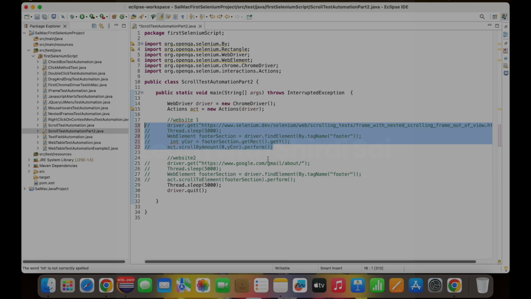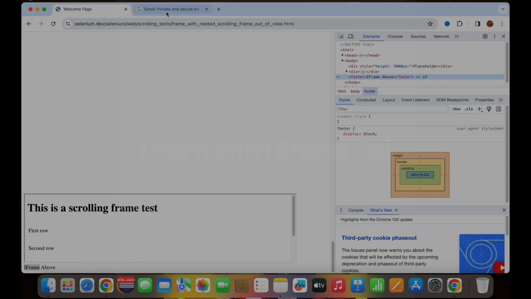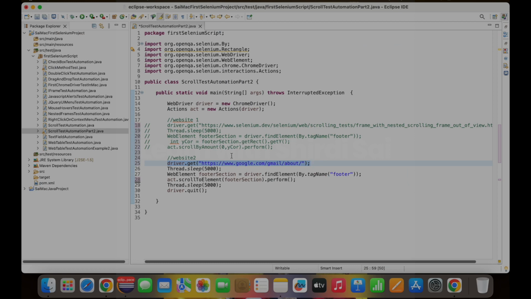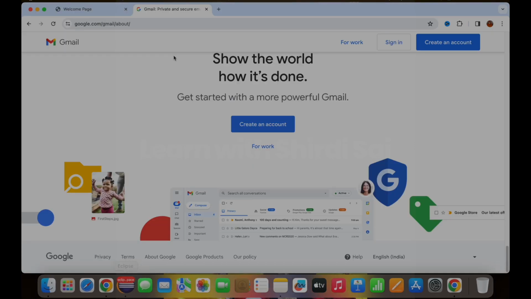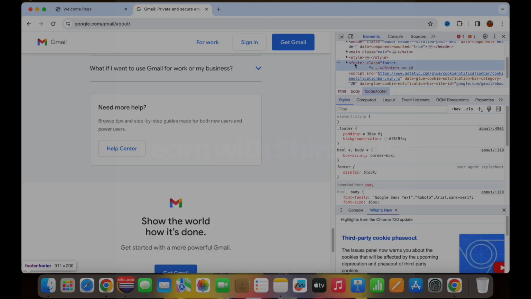and I will reuse the previous code here. There is no change in the URL, so I'm giving the same. Okay, this URL I'm talking about, there is no change in that, and giving 5-second wait. Afterwards we can try with the same footer. Okay, so it will be better for understanding also. So here you see I'm giving the same footer section tag, so that will give